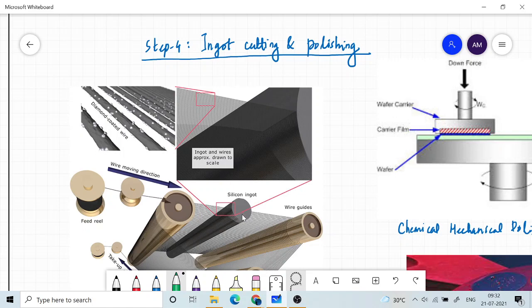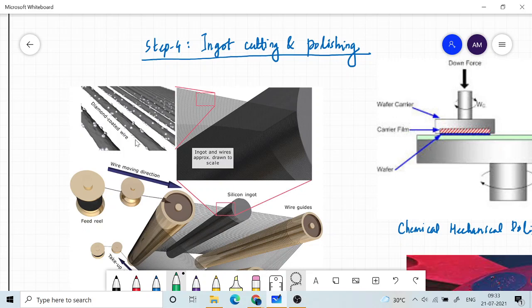The silicon ingot is not rotated, it is just held in position, but the other guiding mechanisms are rotating. So here no cutting action is taking place by the ingot itself; since it is held in position, the only thing we do is relatively move it up, so that more and more pressure from the cutting wire is introduced on the silicon, and it is basically cut into slices, and the spacing between the two slices depends upon the wafer thickness that you require.